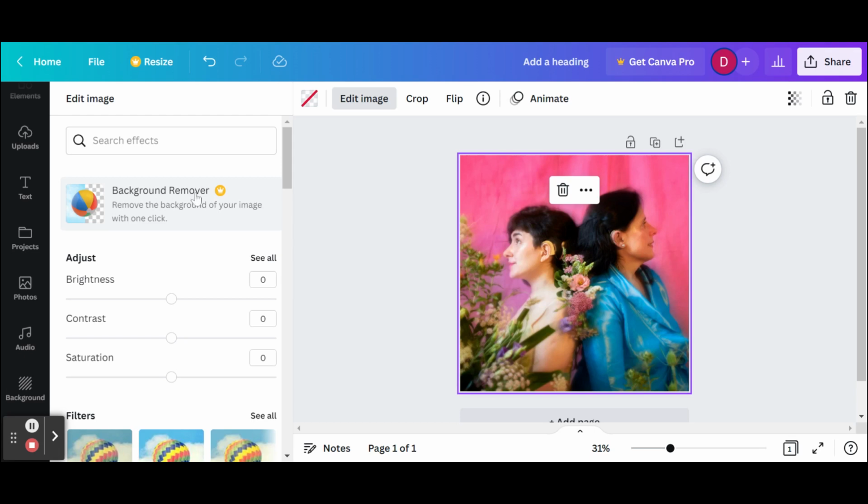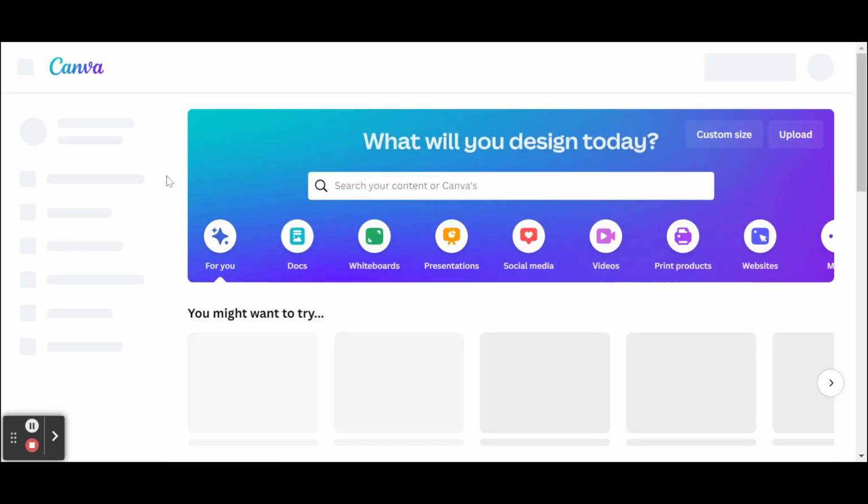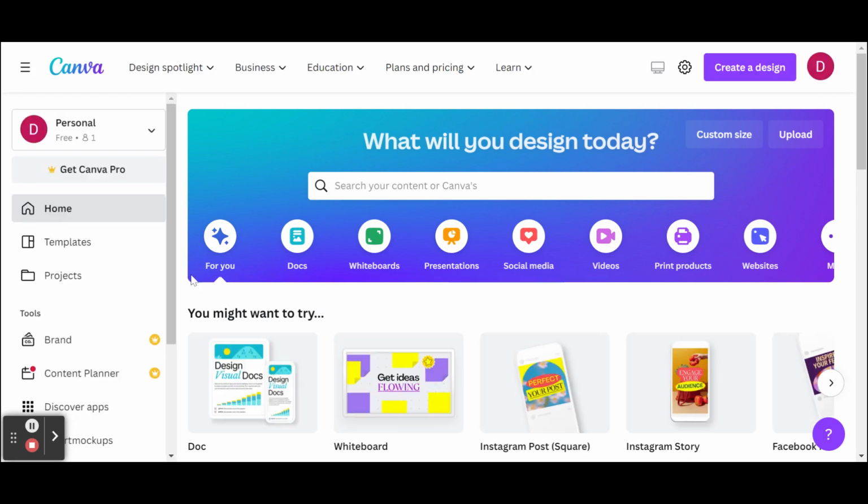But if I'm not really creating that much of an advanced design, then it's okay not to have this option. But later on, I'll show you how to create designs as well using the Pro account. So basically, that's it. And this is your dashboard. This is what I've shown you